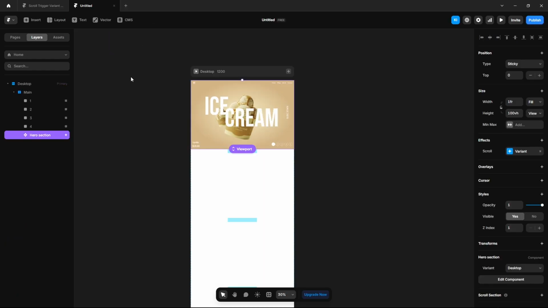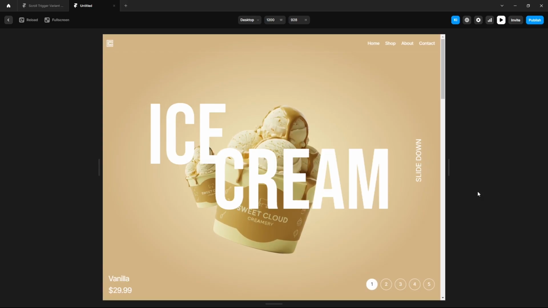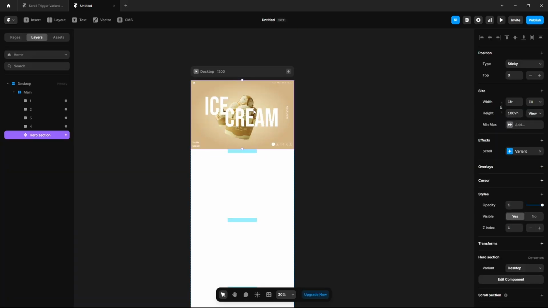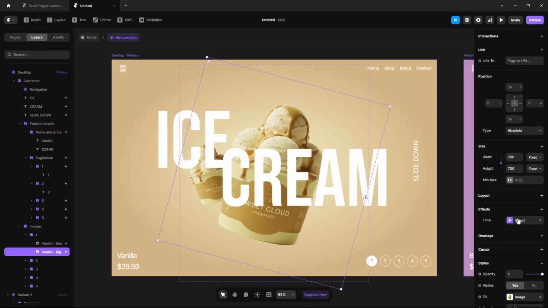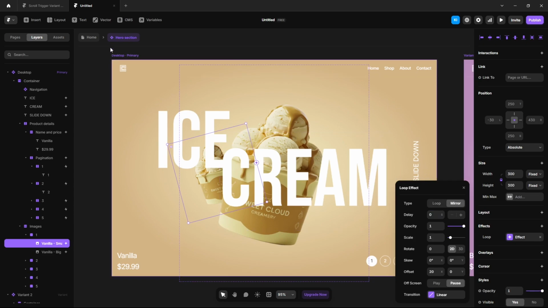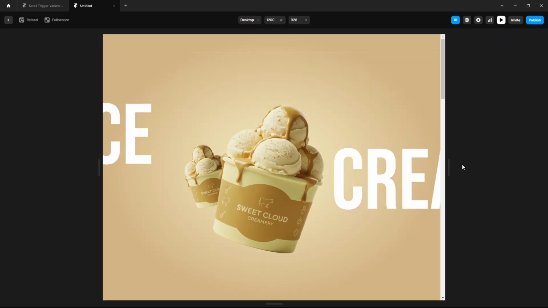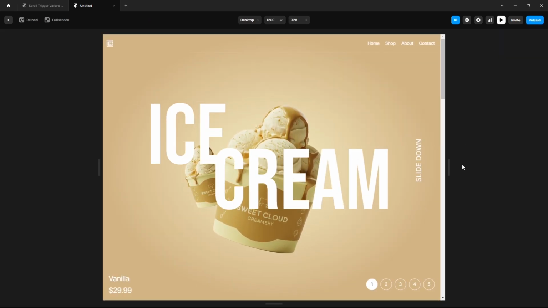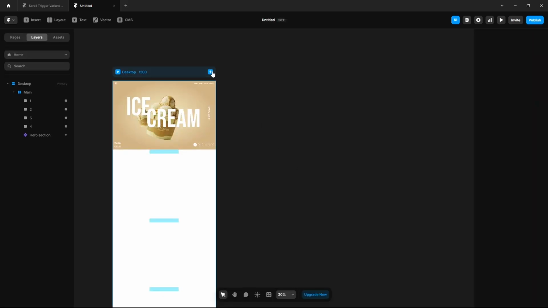Now let's preview. Yeah, it looks perfect, except for this. To keep the loop continuous, switch it to mirror, double click on it, then here, loop, mirror, also here, mirror. Now let's see. This looks much better. Add the tablet variant